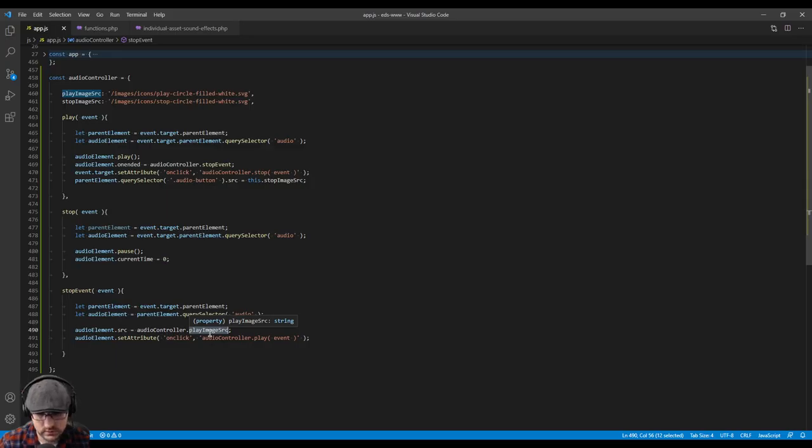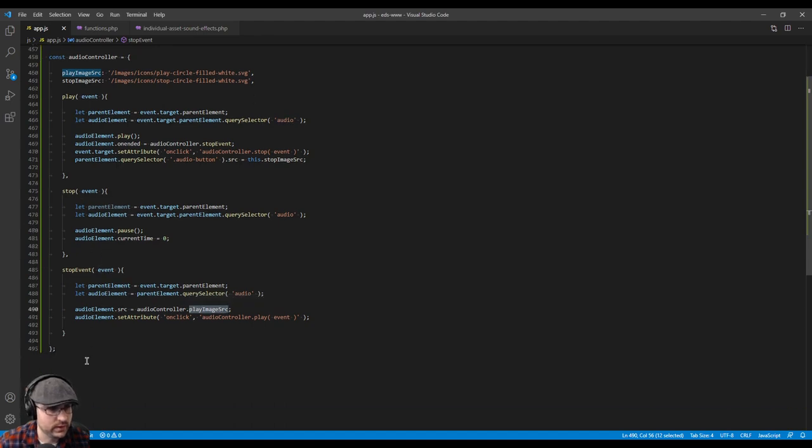Change the onClick event or onClick handler attribute. I change the image source, and then the stop method. Well, don't really need to worry about the stop method right now because we're doing the stop event. So we're getting the event, we're getting a reference to the parent element, getting a reference to